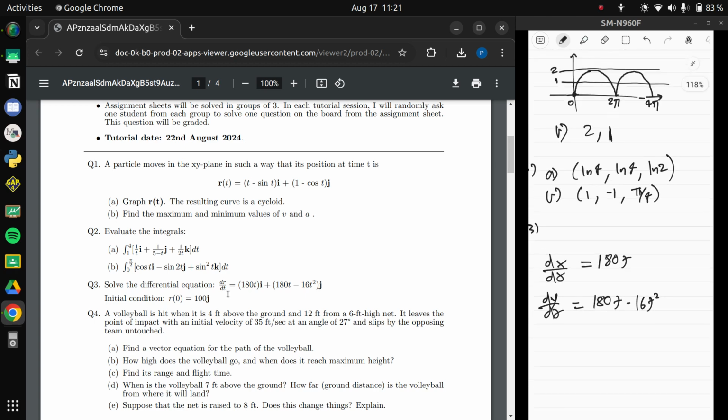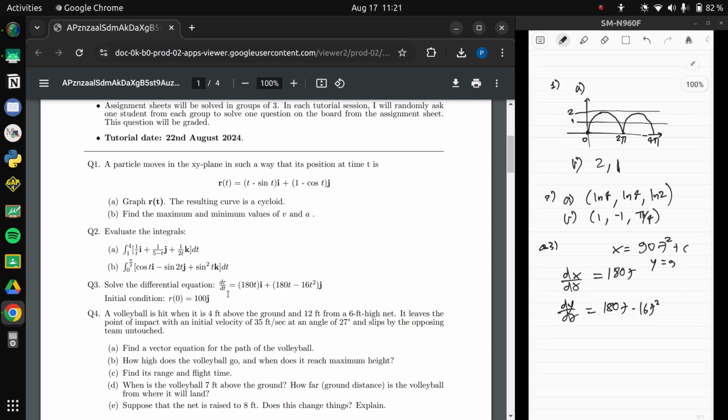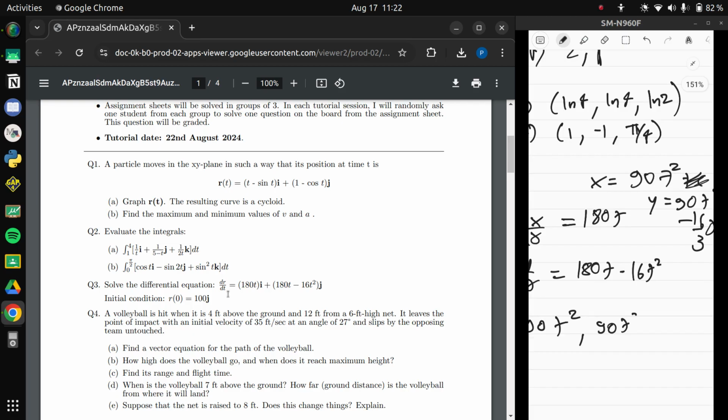Solve this thing. You just integrate, so x is equal to 90t square plus some kind of constant, and then y is the same stuff, 90t square plus some constant, minus t cube by 3 stuff, so minus 16 by 3 t cube plus some constant. Given r of 0 equal to 100j, that means this constant is not there, and that c is 100. So it's 90t square comma 90t square minus 16 by 3